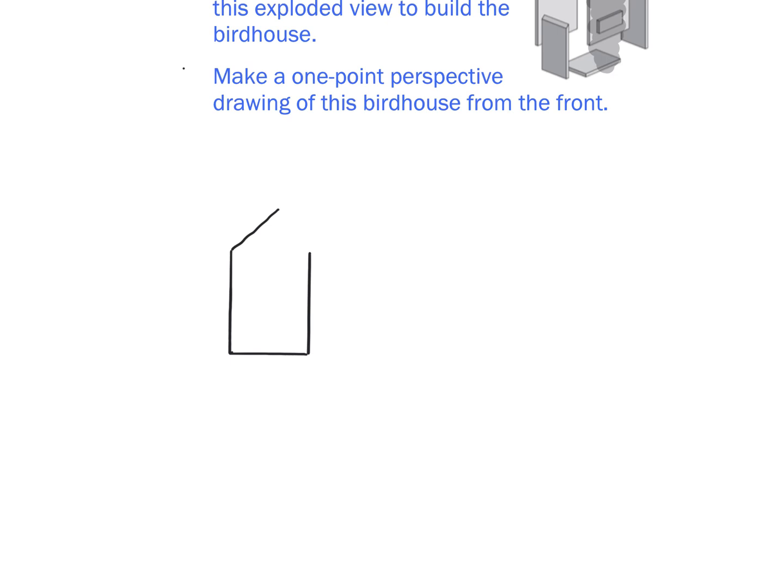Actually, this is impossible to do with the ruler for me apparently. So there we go. There we go. You want to do a little circle up here, and you want to have the little front thing there, the ledge or whatever it is. Okay, so now once you've drawn the front of that